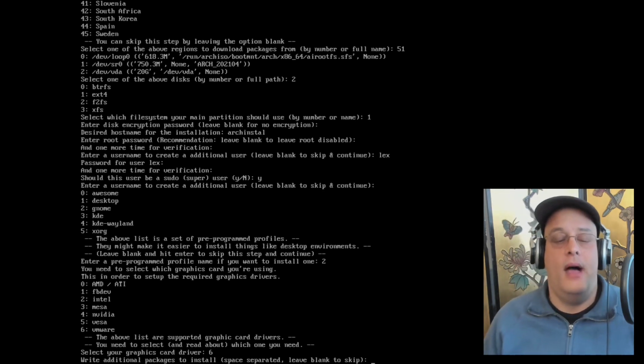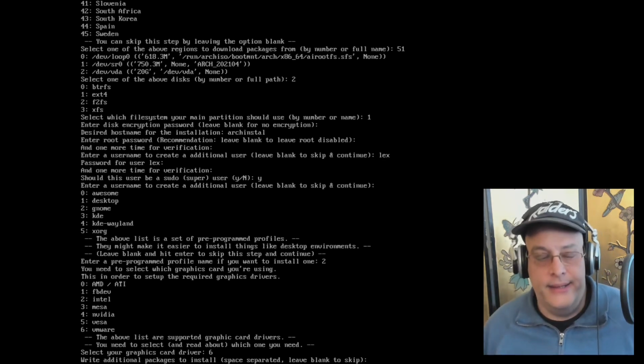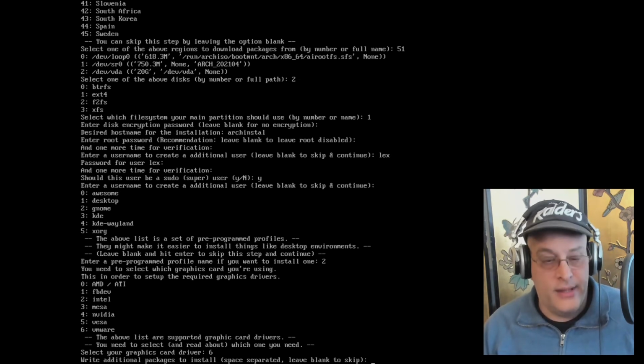Now, I knew this was coming, even though I haven't done this before. This is why I had a little sneaky idea. So we're going to install the GNOME desktop environment. But why stop there? This is still Arch. We can still do whatever we want. So let's add